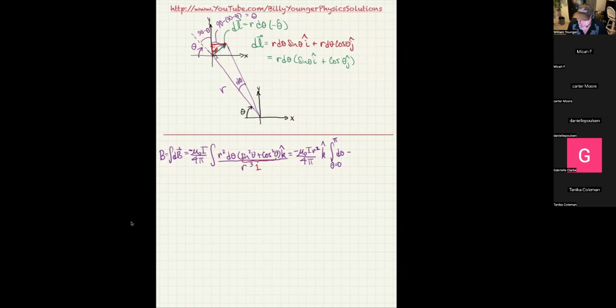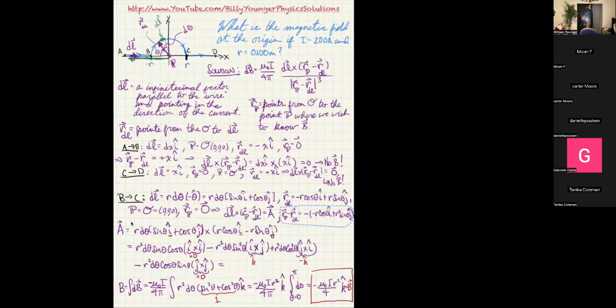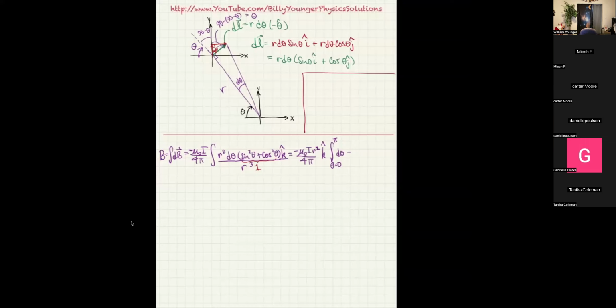The magnitude in the bottom is supposed to be the magnitude of the vector. Let me do a little sidebar in case nobody's seeing that. RP minus RDL is this guy, so I'll steal it. Copy, paste. Okay. So that basically means the magnitude of RP minus RDL